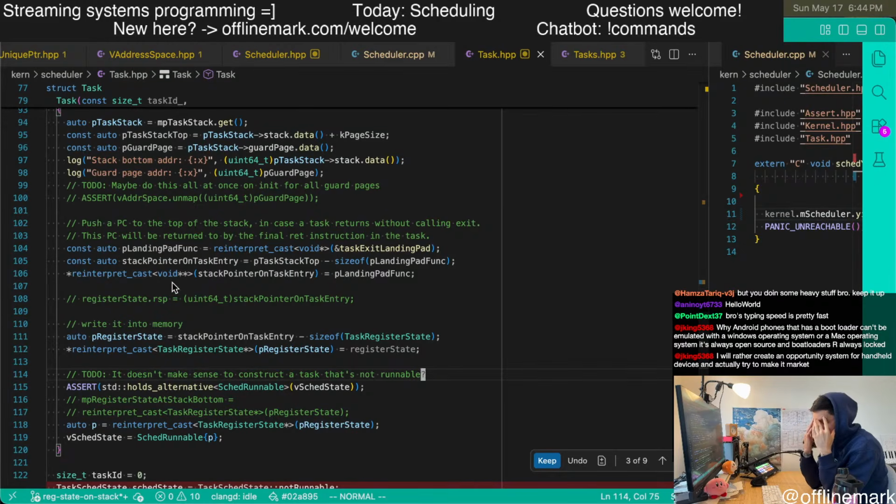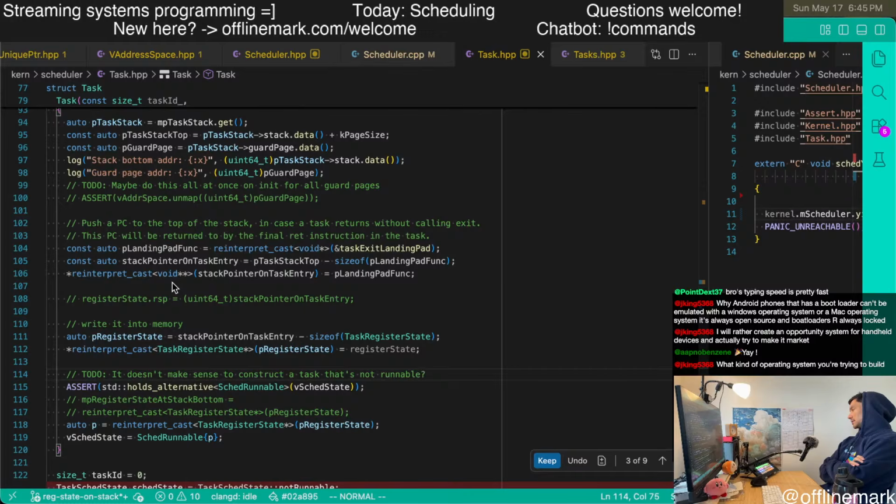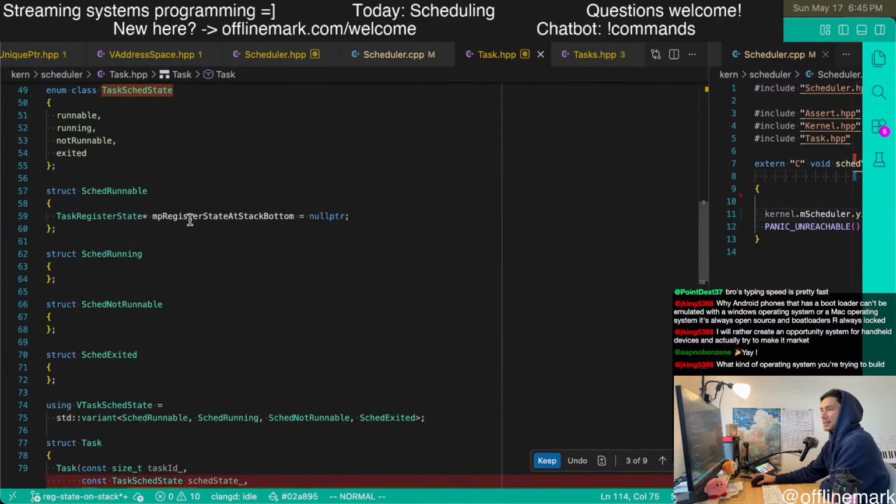Maybe it's nice to allow constructing a task into random states. But because of the way we've modeled it, this place to store this pointer is only available in this state.